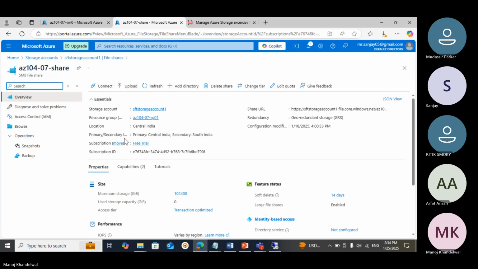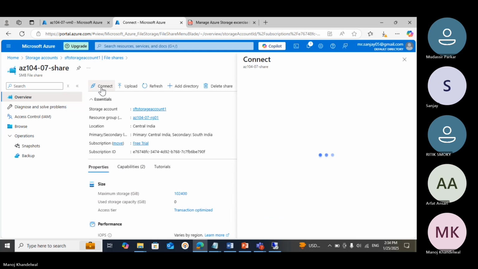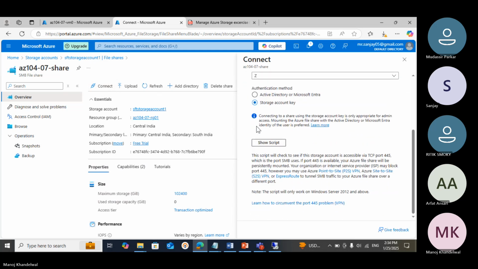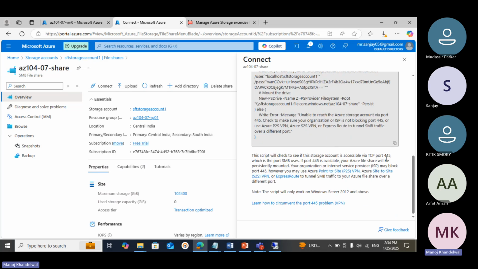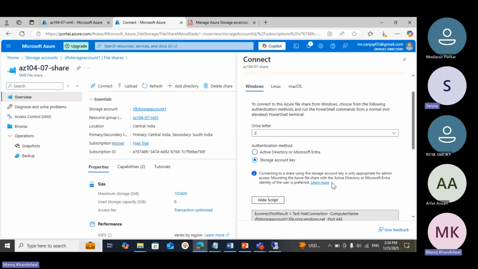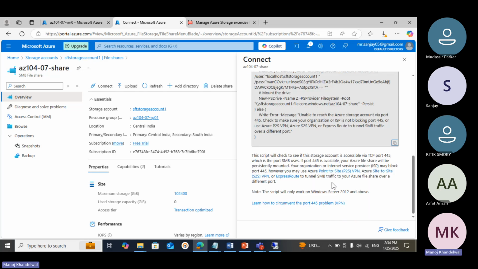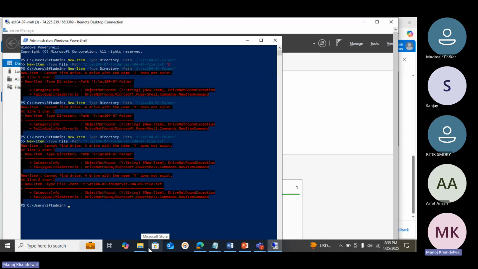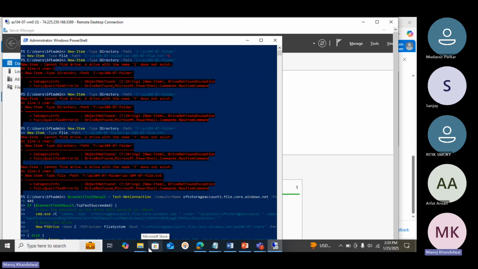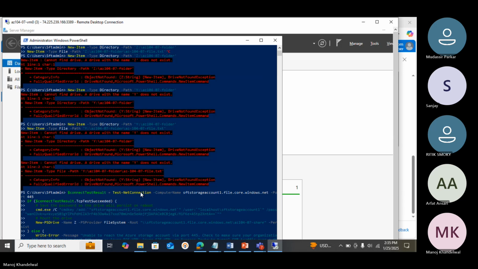Go here. Your scripts. Copy. I think there was an option called use PowerShell. Yeah, we'll do. Take this and go to PowerShell now. Okay. Now what I will do is I will copy this and I will paste here. I will do